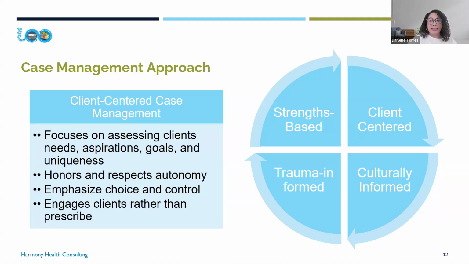And again, strength-based, we look for what's working and not just what's broken. And oftentimes it's making sure that our goals are strength-based, that they're measurable, and that there's something that's realistic for creating change. And so a strong case management approach blends all four of these elements